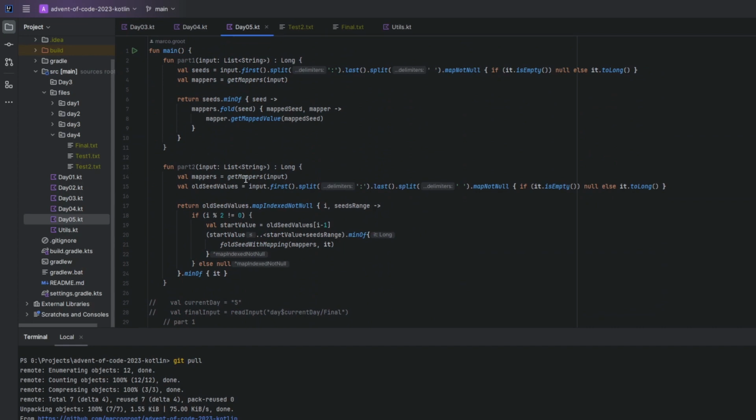Part 2 was a lot harder. I actually ran into a few memory issues because I was trying to convert these ranges to a list, and that threw an exception because the list was too large and couldn't fit. So this is the same. I have the exact same mappers function. I have these old seeds. The difference is in part 2,